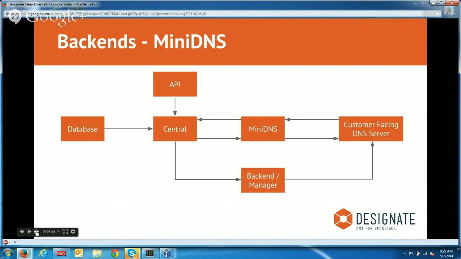So when an API request comes in to create or modify a record within a zone, Central will notify mini DNS and